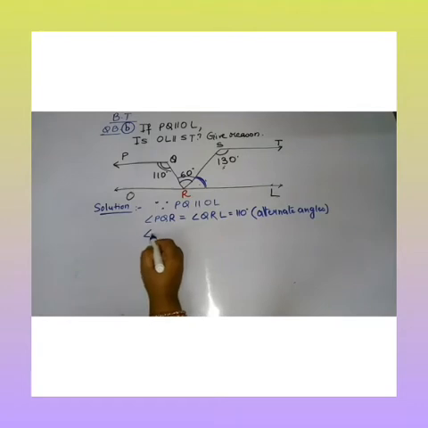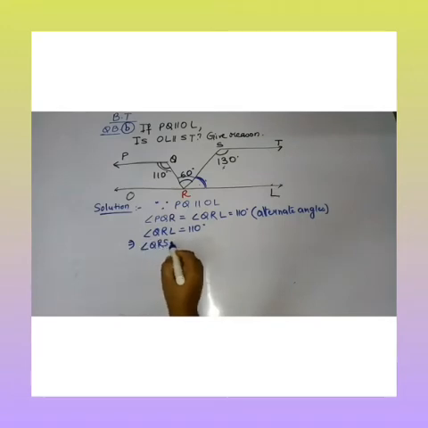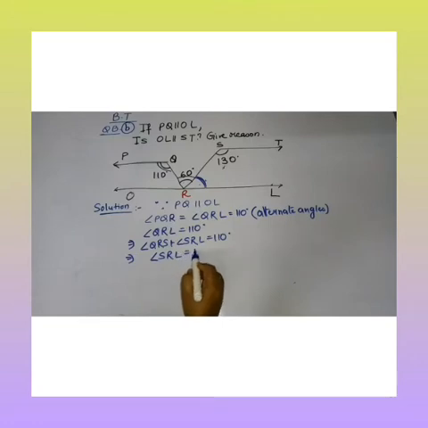That means angle QRL is equals to 110 degree, but QRL is equals to angle QRS plus angle SRL. This is 110 degree. That means we can write here angle SRL is equals to 110 degree minus angle QRS. That means this is 110 degree minus 60 degree. That means angle SRL is equals to